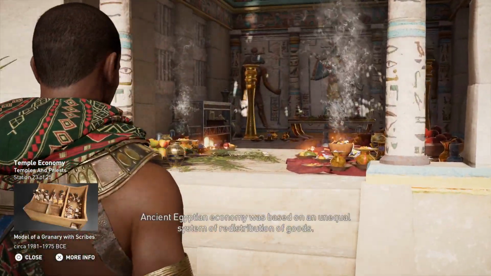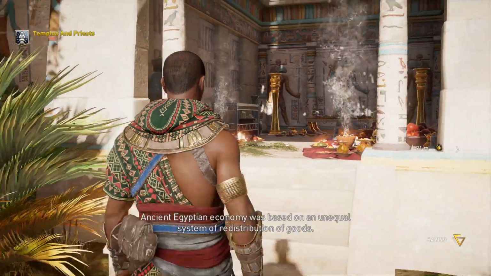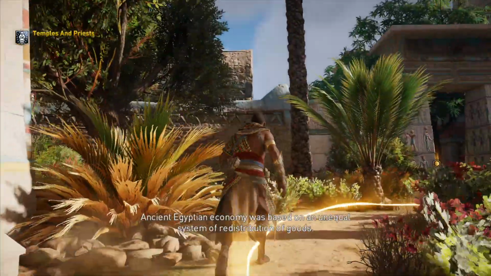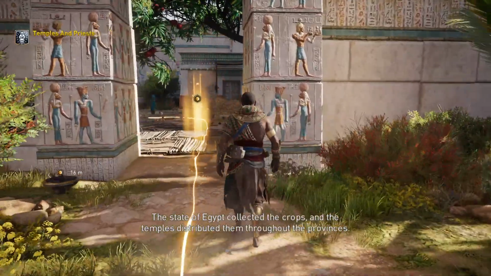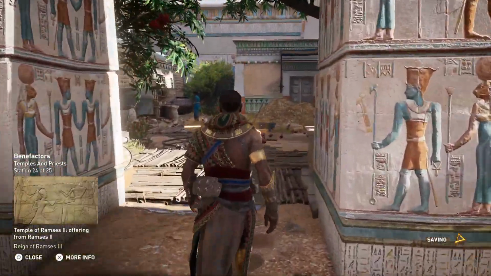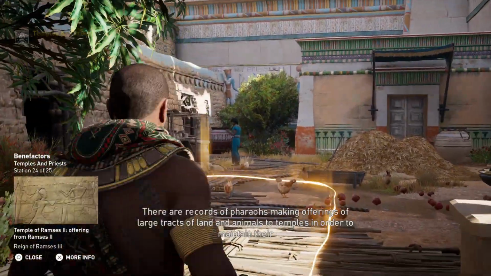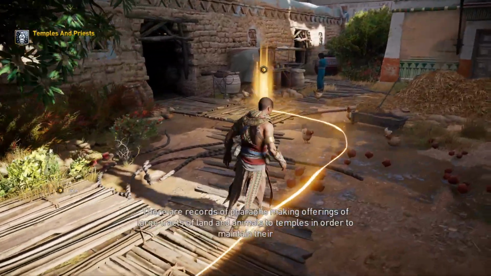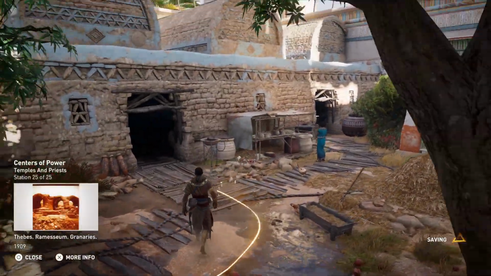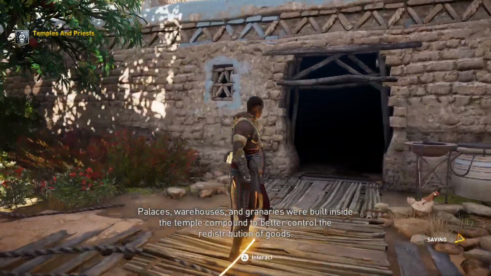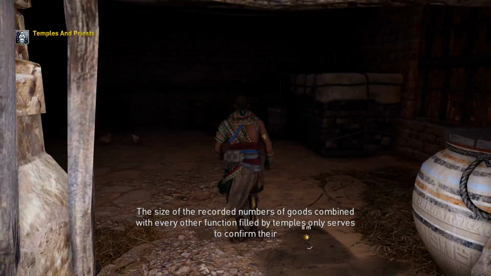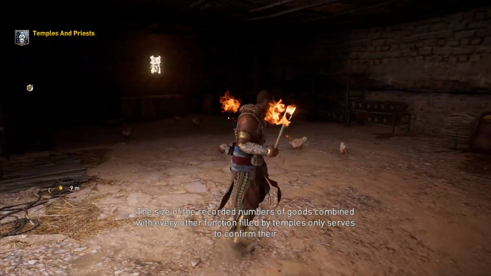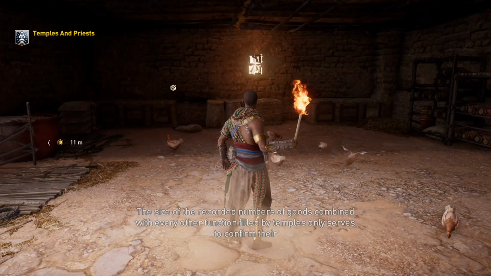Ancient Egyptian economy was based on an unequal system of redistribution of goods. The state of Egypt collected the crops, and the temples distributed them throughout the... There are records of pharaohs making offerings of large tracts of land and temple compound to better control the redistribution of goods. The size of the goods, combined with every other function filled by temples, only serves to confirm